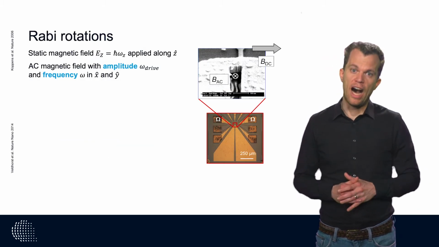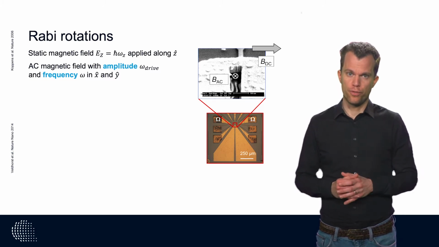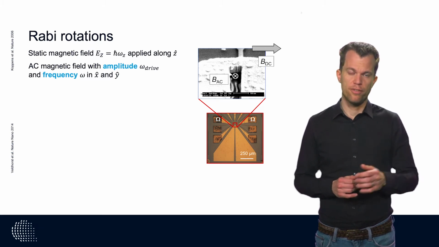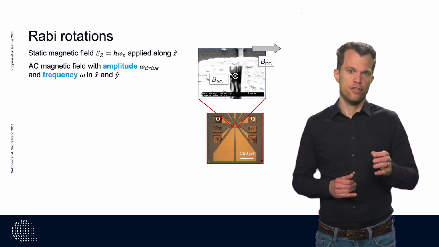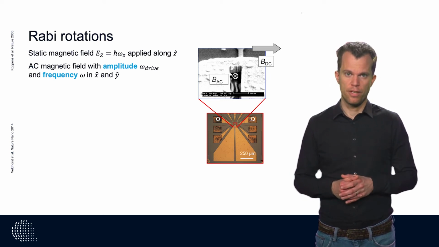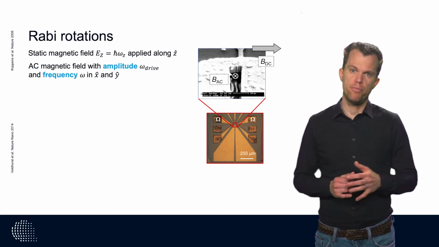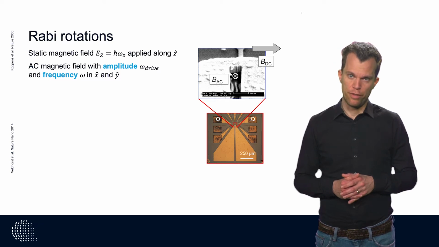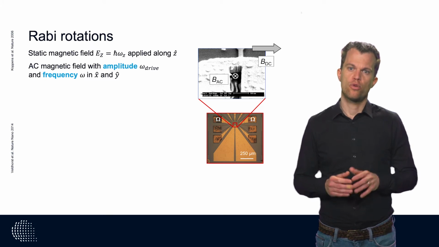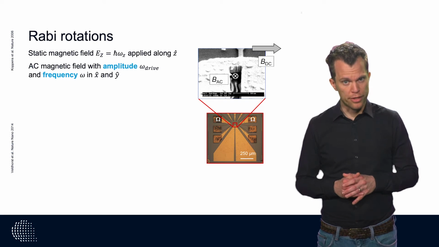Now that we understand how to read out an individual electron spin, we can turn to qubit control. We first focus on single qubit gates and consider an electron in a magnetic field. The spin states of the electron are split by the Zeeman energy. We can learn from the time-dependent Schrödinger equation that the time dependence of the spin-up and spin-down wave functions differ by a phase that evolves with a frequency corresponding to the Zeeman energy. This frequency is called the Larmor frequency.